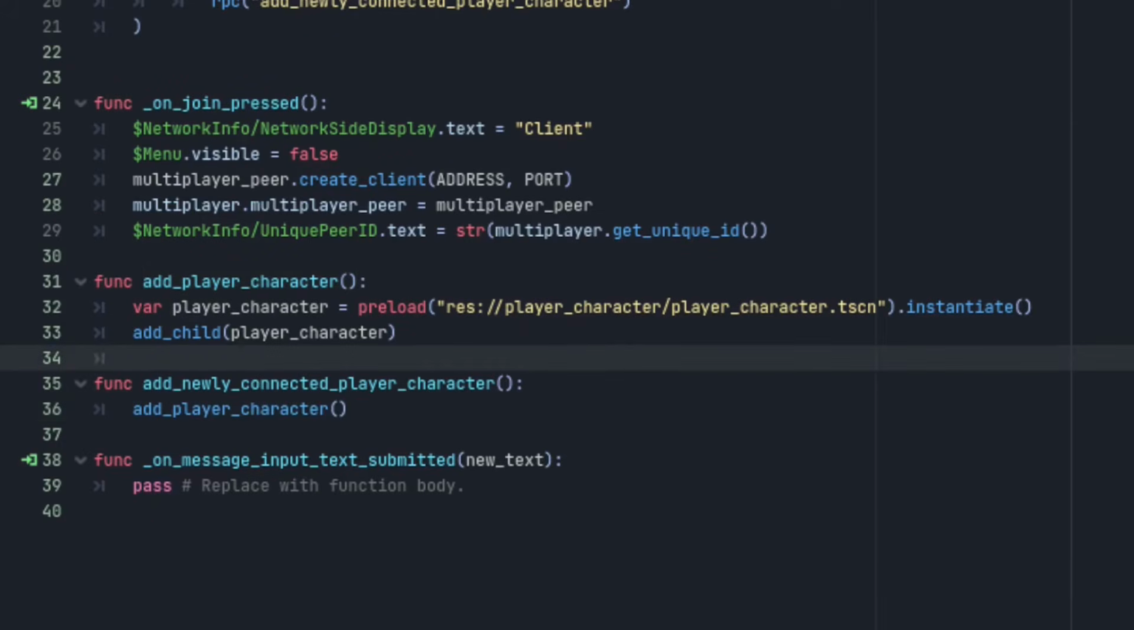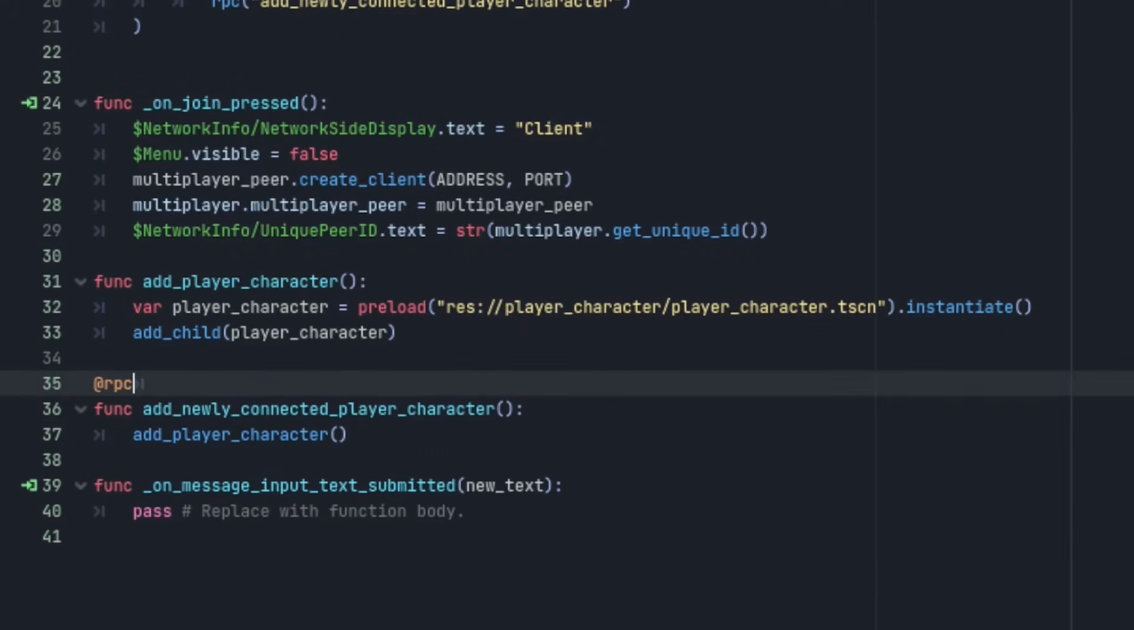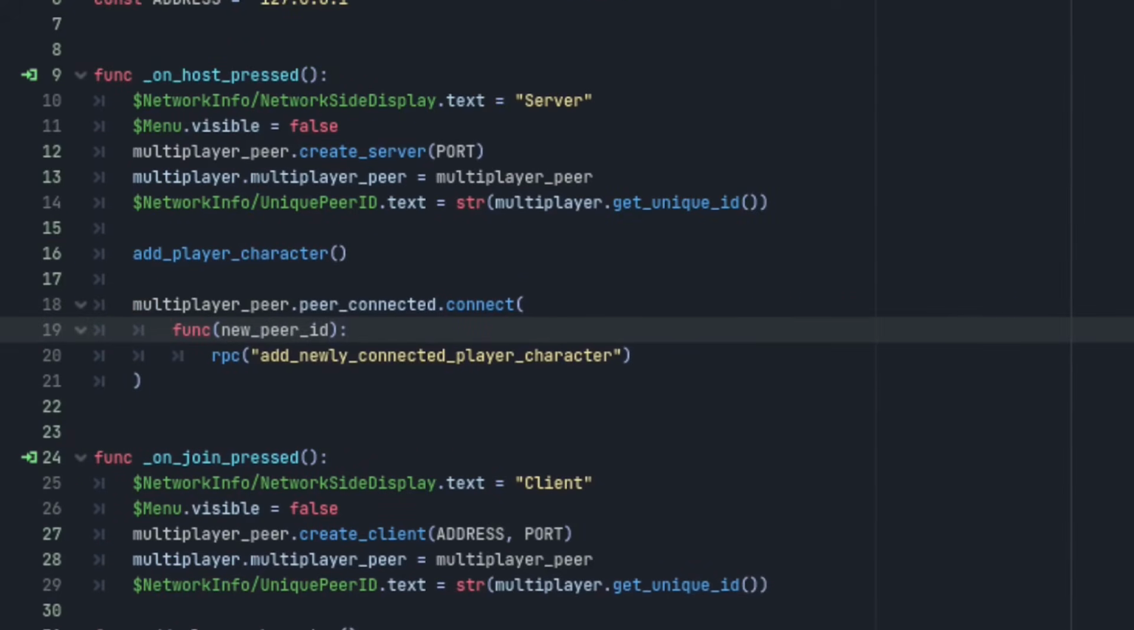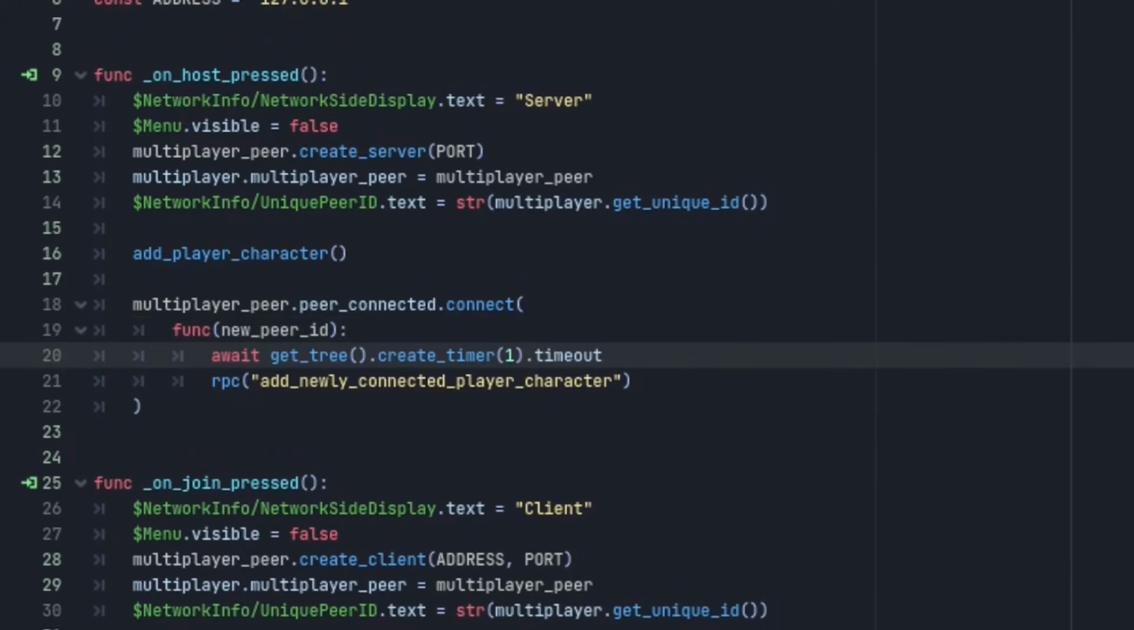In order for a function to be called remotely by another peer, it must have the @RPC annotation. I'm also going to make the code wait a second before making this RPC. I'm not sure if this is just a bug in Godot Alpha, but it seems like this signal is emitted before the peer is actually fully connected, and it still needs a second before it can start receiving remote procedural